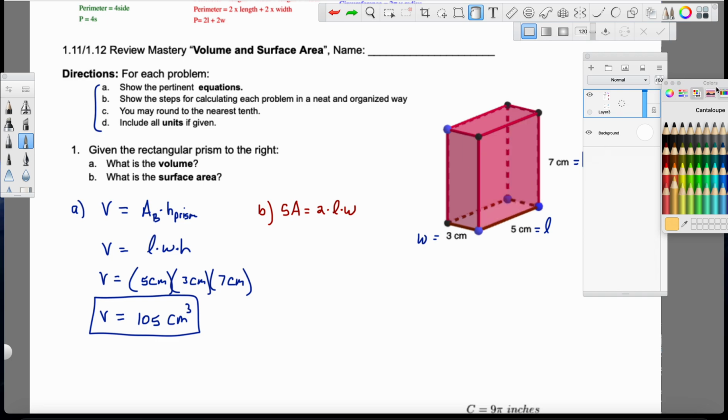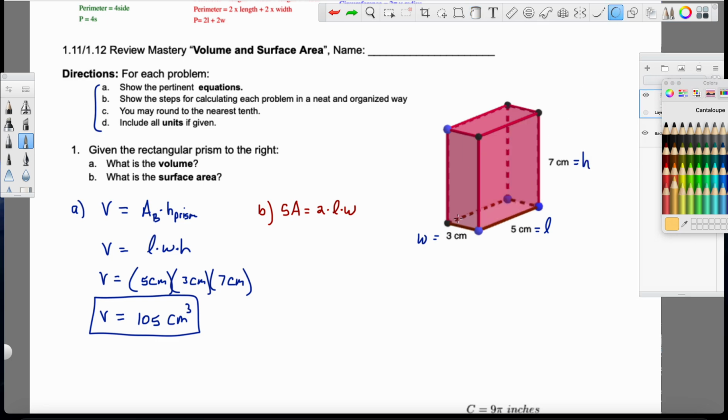I've got this base right here is my length times width, and the top face here is also length times width. So I have 2 of those,